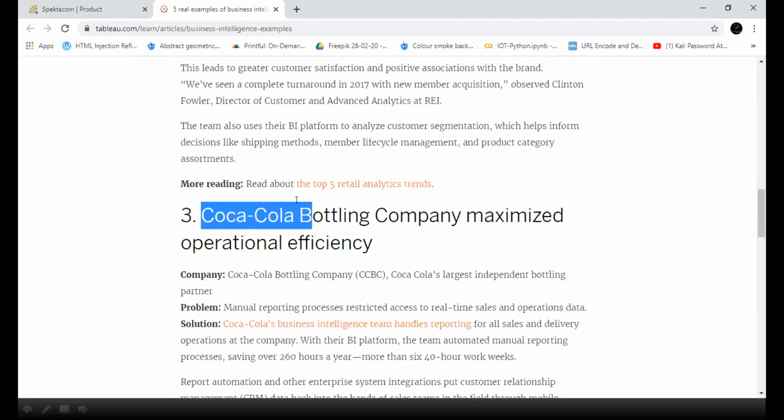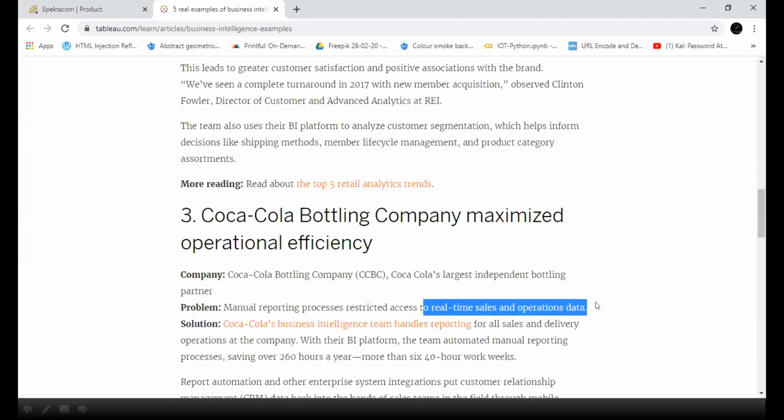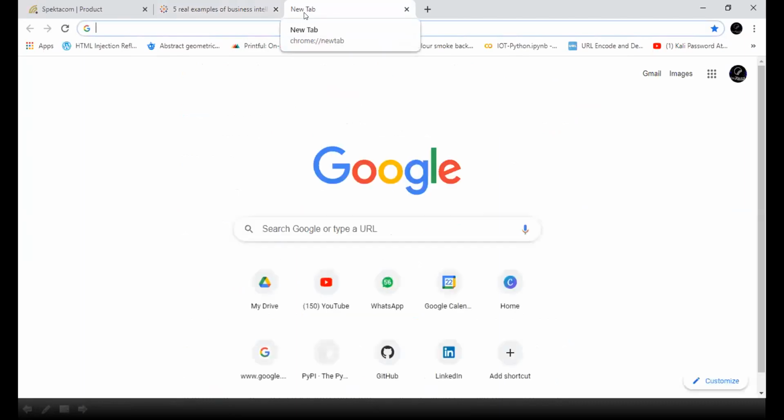Coca-Cola is also one amazing application. Coca-Cola is using this for accessing real-time sales and operations data. So this is also being used here. One more important point which I want to tell you here, in Coca-Cola you might have seen,